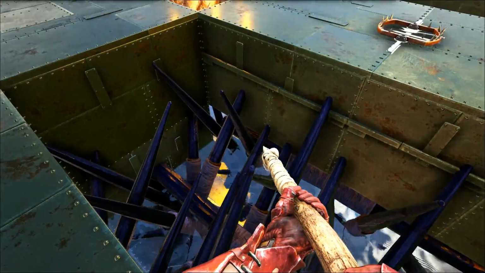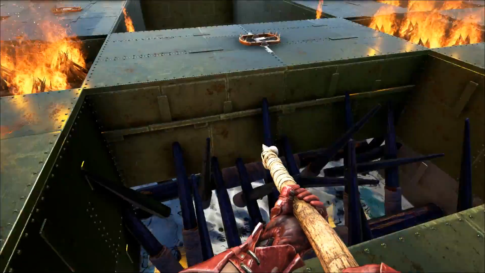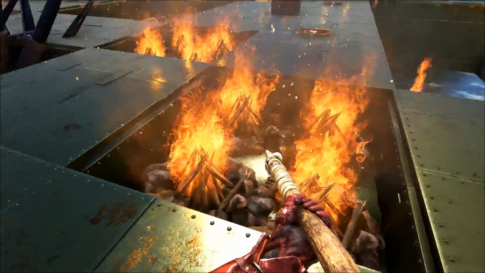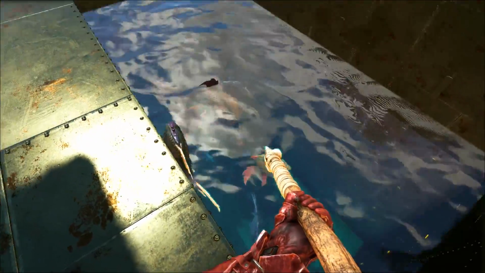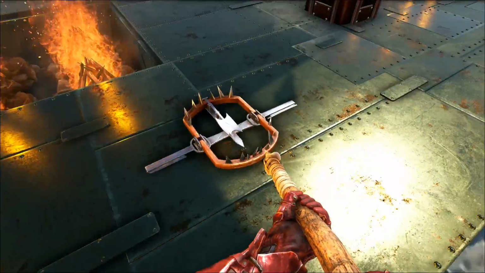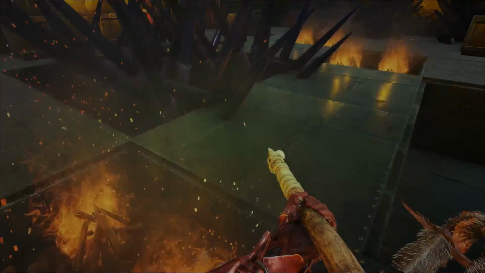So here is a little spike thing. So if people are fighting, you can push each other in the traps. And here you see the fire traps. You see lots of piranhas and some bear traps. And some dillos. Oh fuck. I mean,